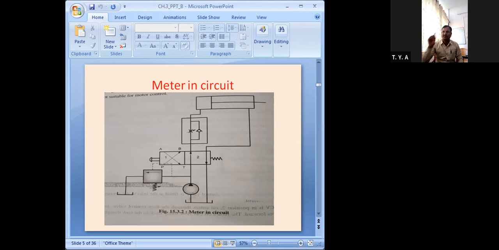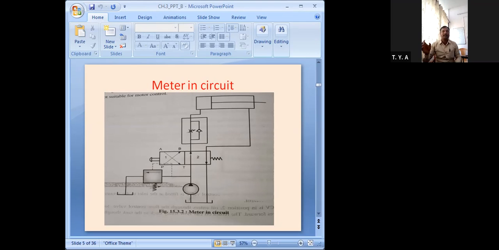So this pump flow extends our cylinder, and it can be noted that the extending speed of the cylinder depends on the setting of the flow control valve. The extension speed of this cylinder can be increased or decreased just by regulating the flow of fluid in this flow controller. So that means extension will happen.